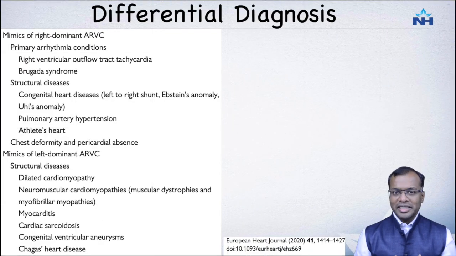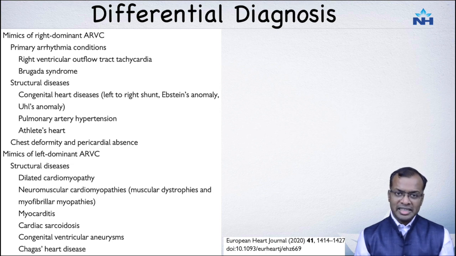So after seeing all these cases, it is also important to know what might mimic an ARVC and how to differentiate one from the other. If you're thinking about isolated right ventricular involvement, there are conditions like Uhl's disease, Ebstein's anomaly, RVOT-VT, which can all try and mimic the RV variety. The LV variety of ARVC may be mimicking cardiac sarcoidosis or myocarditis, which can be a little tricky for us to differentiate from.